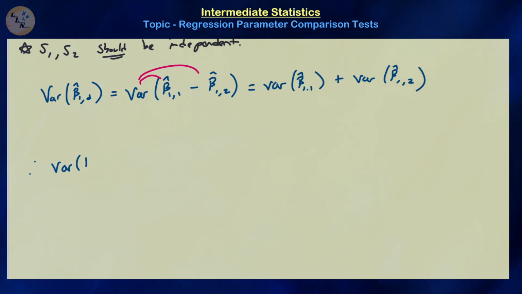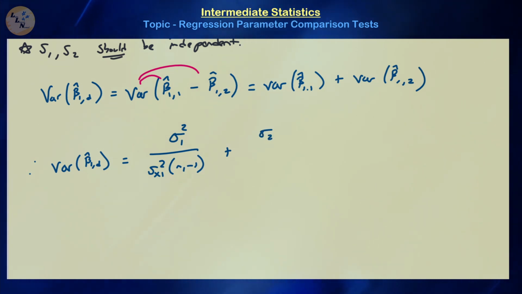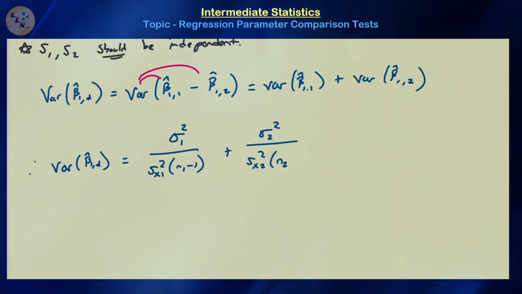So the variance of beta hat 1d is going to be equal to sigma 1 squared over s_x1 squared times n1 minus 1, plus sigma 2 squared all over s_x2 squared times n2 minus 1. Notice I have two different sigmas here, sigma 1 and sigma 2. So keep in mind